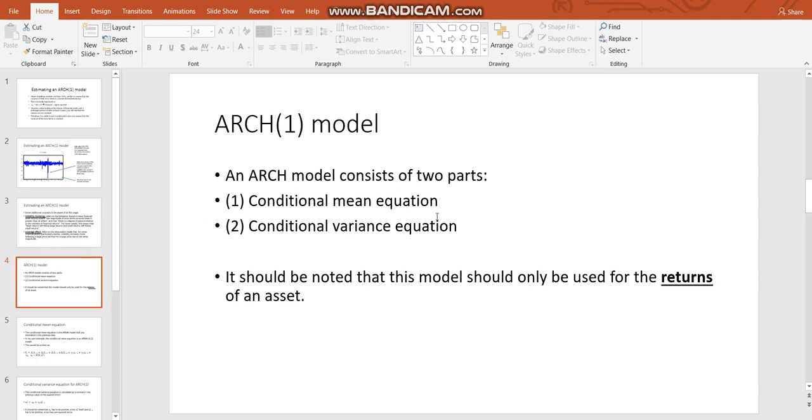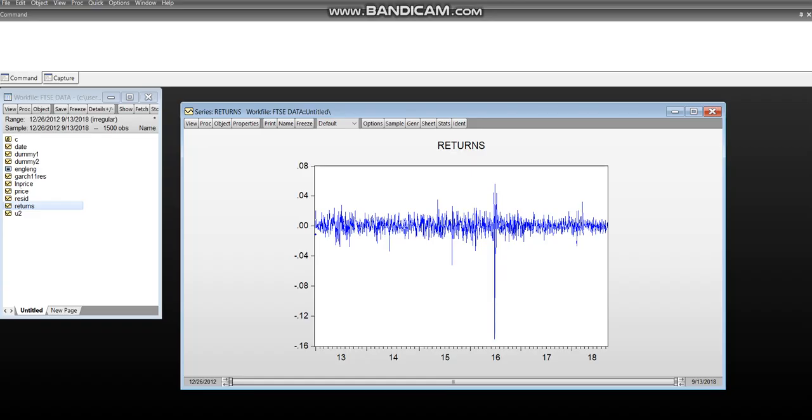And so now we're just moving on to the main part of the video. Don't worry, by the way, I'm going to show you how to estimate one of these models very quickly in the next few minutes. But as you can see here, what does an ARCH model consist of? It consists of a conditional mean equation and a conditional variance equation. And bear in mind, only start estimating ARCH and GARCH models for the returns of an asset. Don't estimate, so just to go on EViews very quickly,